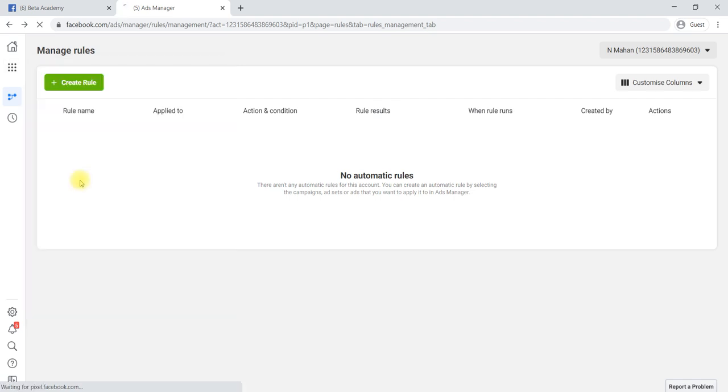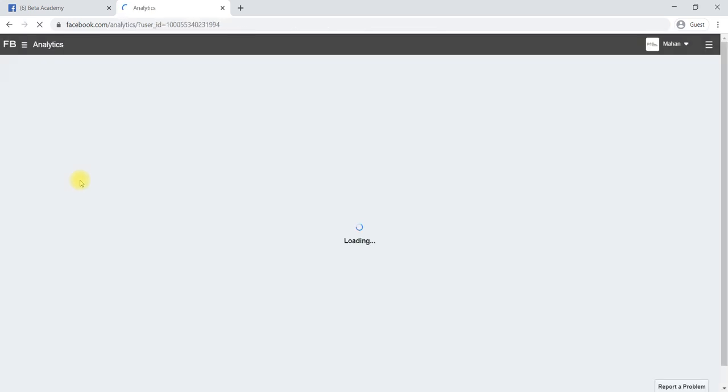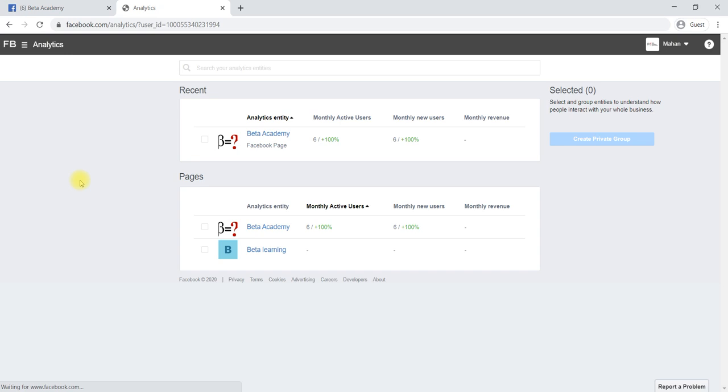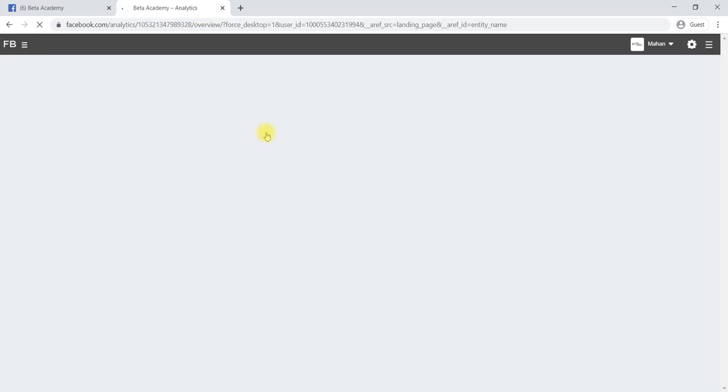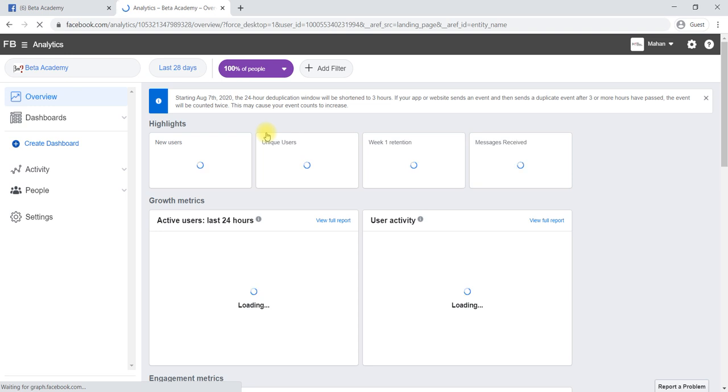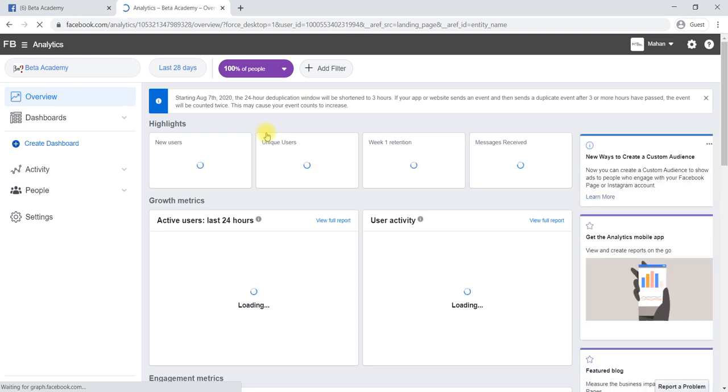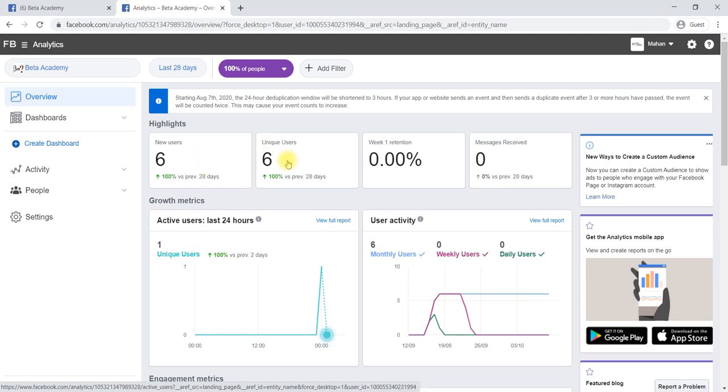Here we will get to know a detailed analysis of each of the ads you have created so far. These are the ads we have created so far. We can select one to get details about that particular page's analysis. Like, we'll come to know how many users there are, new users, unique new users in the last 1 month. Is there anyone who visited that particular ad again?